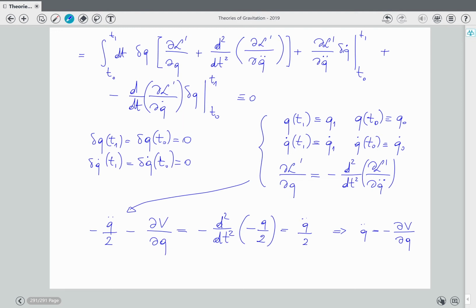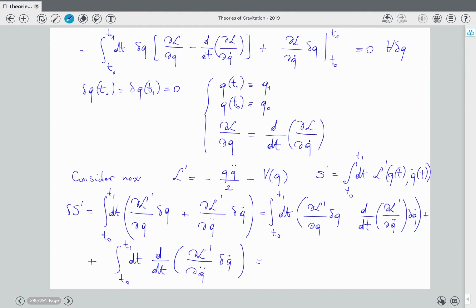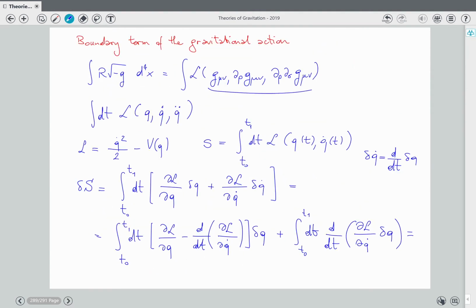So the equations are the same, but you have boundary conditions that make it impossible to solve them, because you are fixing the position and the velocity both at the initial and final times. And unless somebody gives you those, implied by the very same equations you would like to solve, you will never be able to solve them. So that's redundant or impossible to solve. But this is the case of gravity. So gravity has this kind of problem, strictly speaking, when you have a Lagrangian like that,